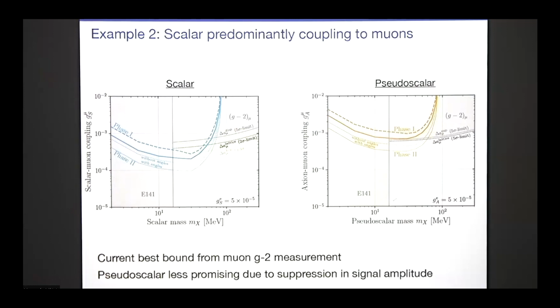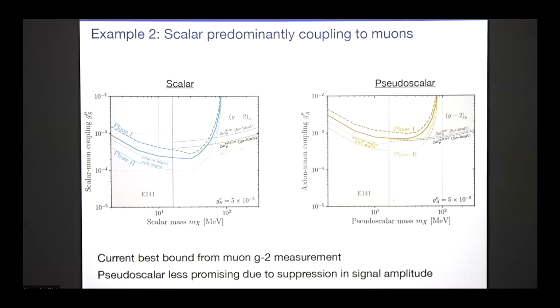And then the second benchmark is, if you have a scalar particle that couples mostly to muons. So what you see here is the coupling to muons, and I fixed the electron coupling here to be always smaller than the muon coupling, but still large enough so that this particle decays promptly, because we only consider prompt decays in this study. And so you see again here that you have some improvement, and there is some reach over here. The strongest bounds here come from this old beam dump experiment, or from the muon g-2 limits right now.